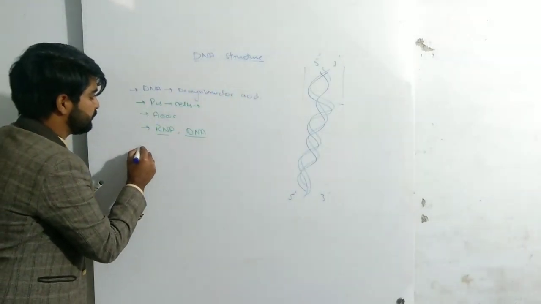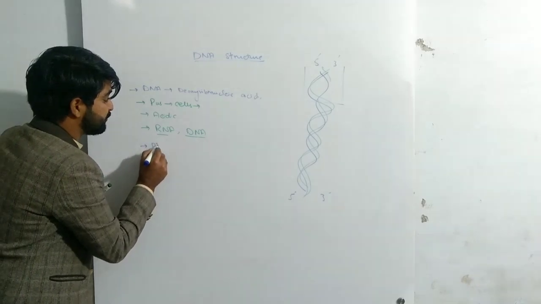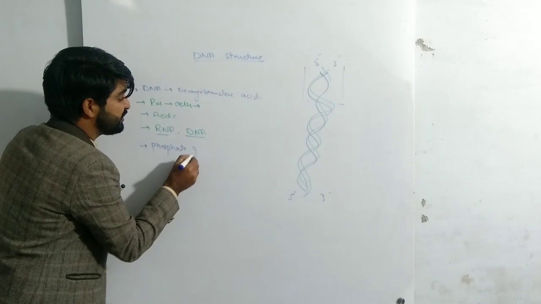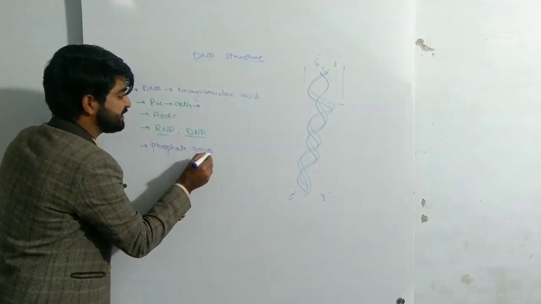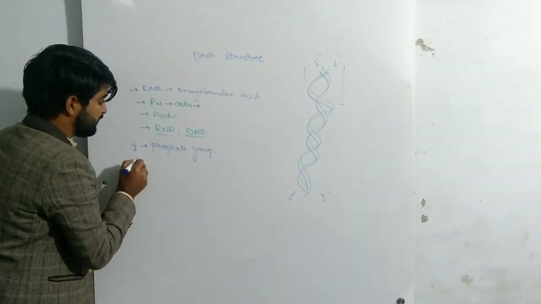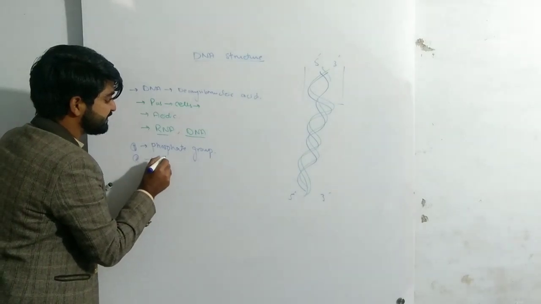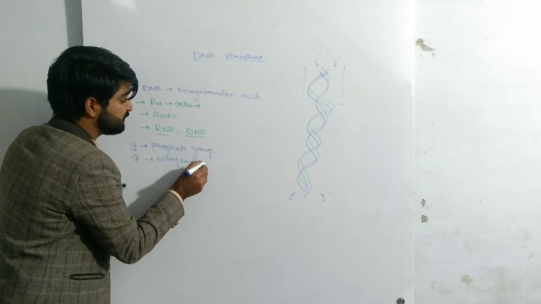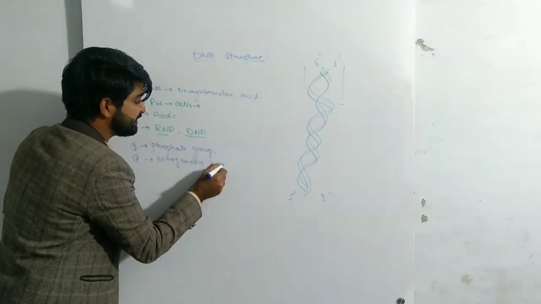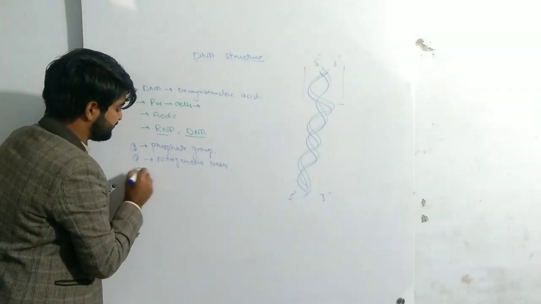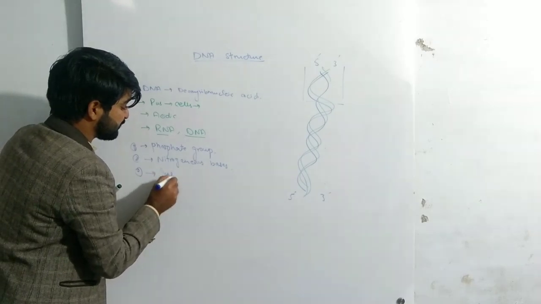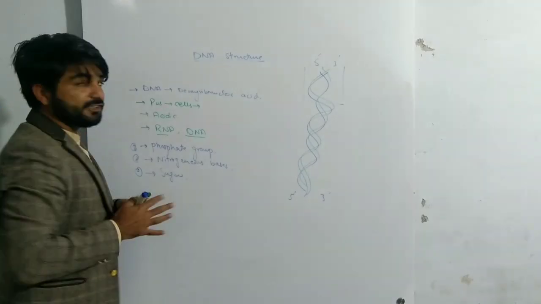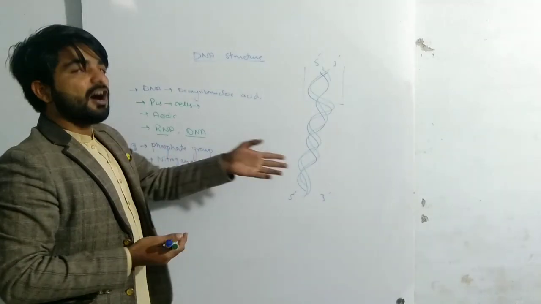These components include the phosphate group, which is attached to the nitrogenous bases. One is the phosphate group, the second is the nitrogenous bases, which are used for the attachment of the strand, and the third one is sugar. These two components are similar, and there is just one difference of one base in the RNA as compared to